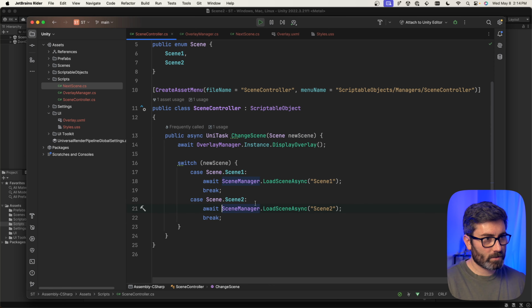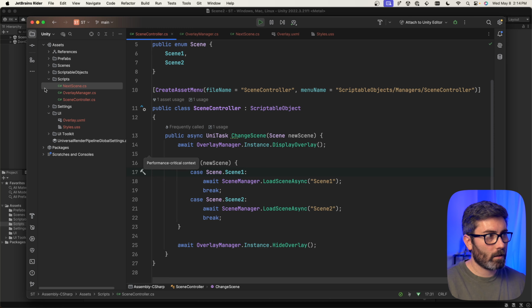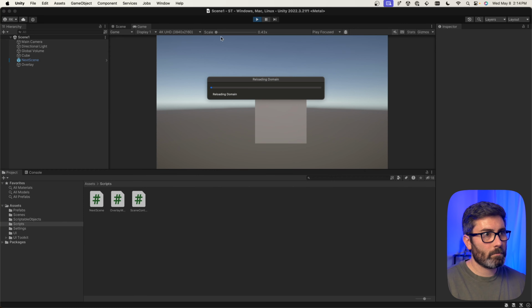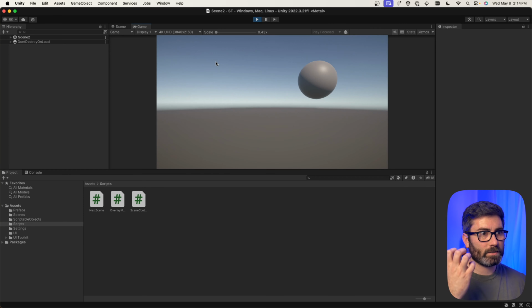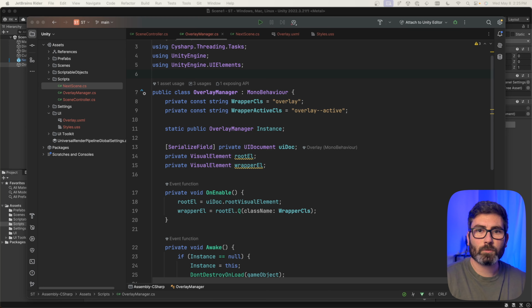And then at the bottom, once it's fully changed, we'll fade it out, which is also an await. So instead of DisplayOverlay, this is going to be HideOverlay. And now it should fade in, switch scenes, fade out all nicely. So let's try it out. We'll go back and I'll start my game. I'll hit enter. It fades in, changes scenes, fades out. So nice and smooth. So if you just want a basic fade transition, you can stop the video here,